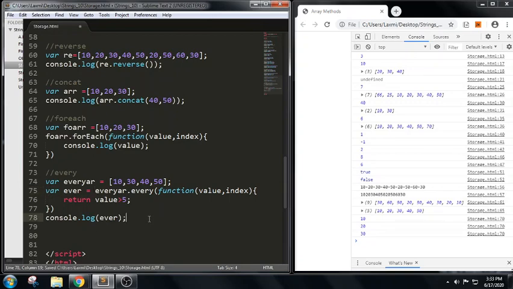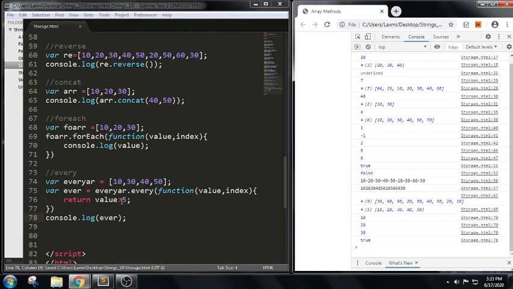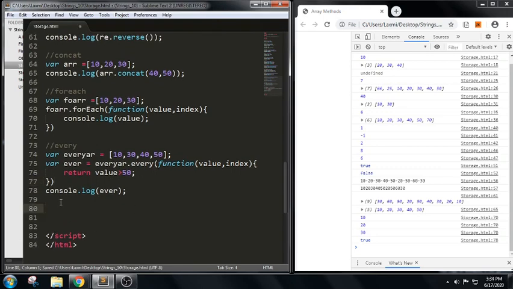Now let us see. We got true. For example, if I write 50 here, as we have discussed, every means each and every element should pass, then only it will return true, or else it returns false. Now you see, we get the answer as false. If at least one element is not able to satisfy the condition, it returns false.